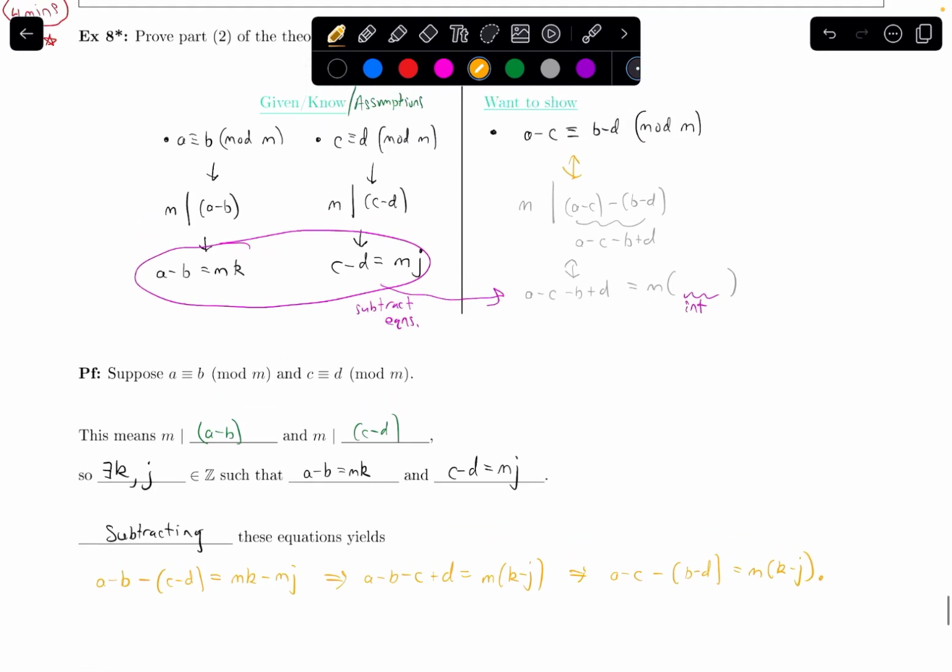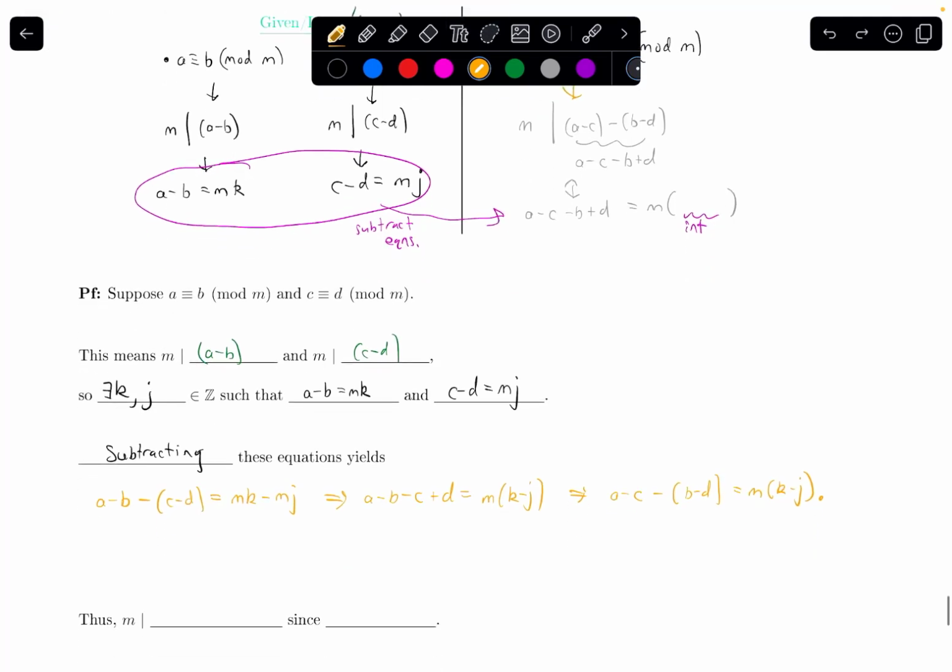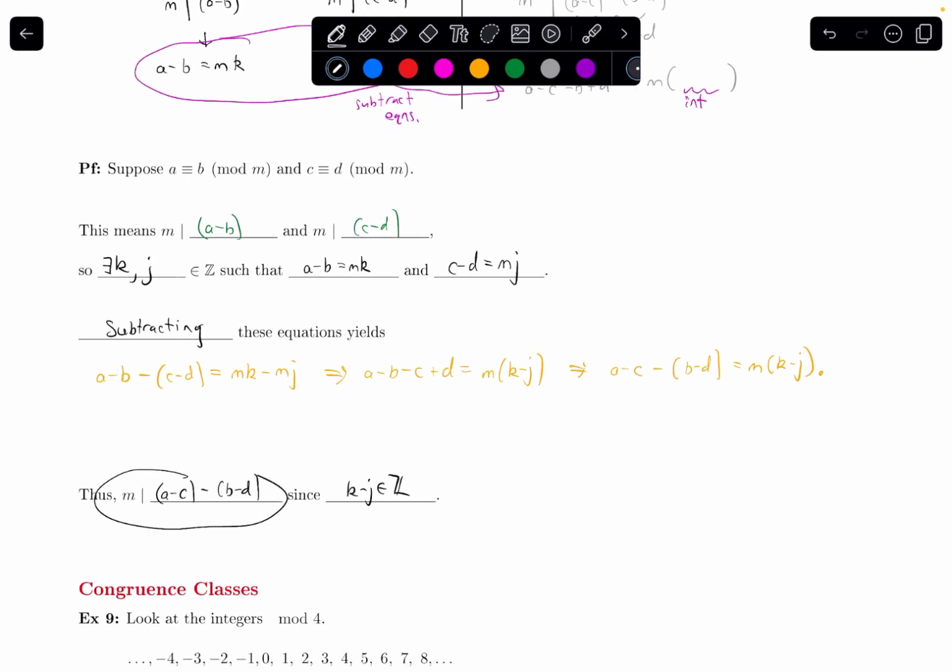So what I have is that this whole thing is a multiple of m. I have it written down already in words here. This means that m divides this whole thing, m divides a minus c minus, in parentheses, b minus d. I know that because k minus j is an integer. So because m divides that whole thing, this thing minus this thing,